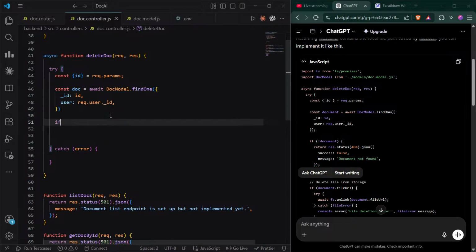If we don't find the document, not docs,